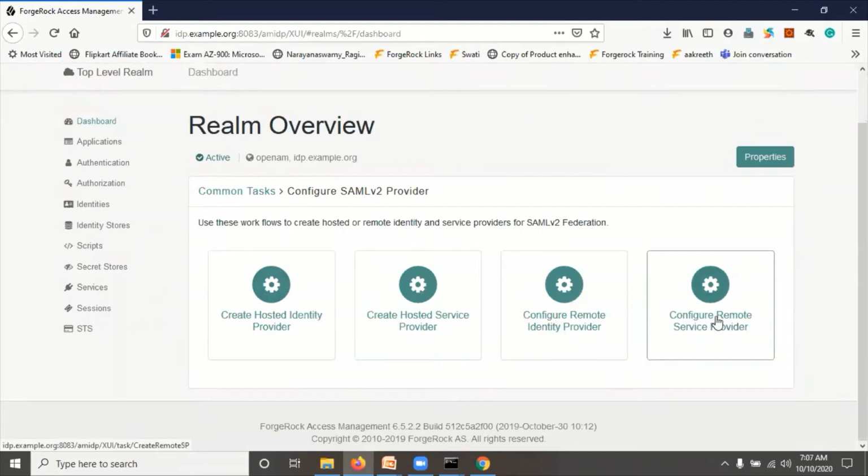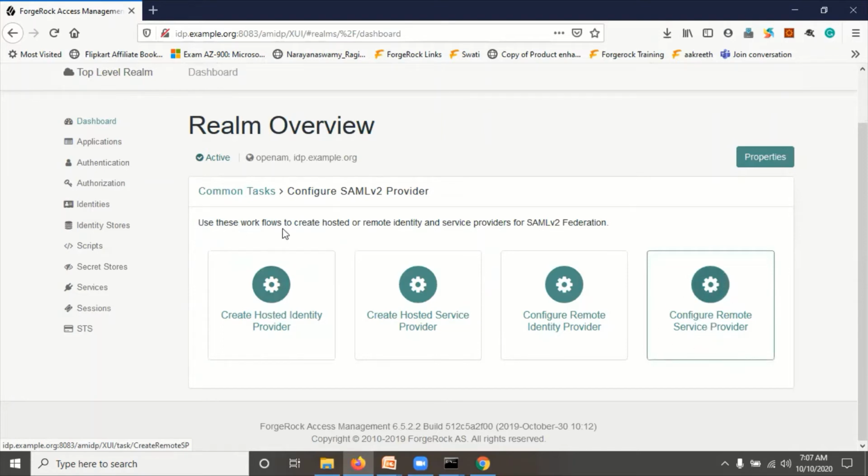Here we have four options: create hosted identity provider, create hosted service provider, configure remote identity provider, and configure remote service provider. Now this is the IDP server, correct? So we have to configure two options: create hosted identity provider and configure remote service provider.